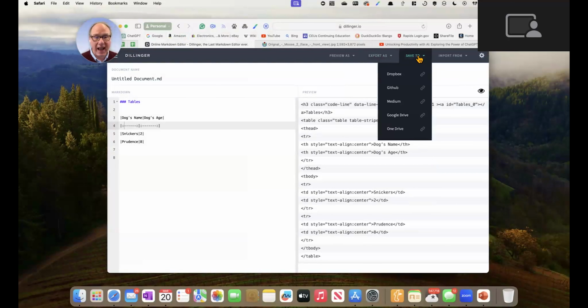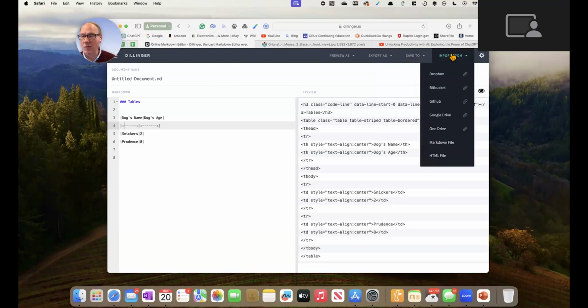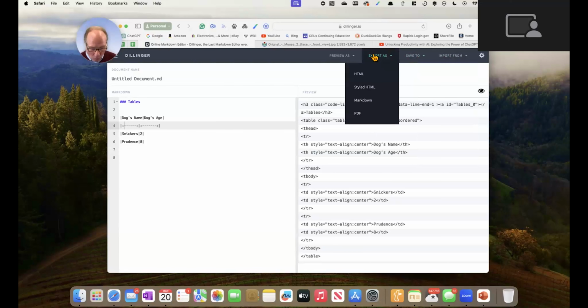And then you could actually save it directly to one of your linked online saving locations. Like you can connect to OneDrive or Google Drive or Dropbox. And again, GitHub is a very popular one for people who work on documents. So it's easy to actually get out of Dillinger into another. And then you can actually import from these things as well. So if you start off with, say, writing out in a different program, you can actually bring it into Dillinger so that you can export it as HTML or as a PDF. Okay, but that's only one.